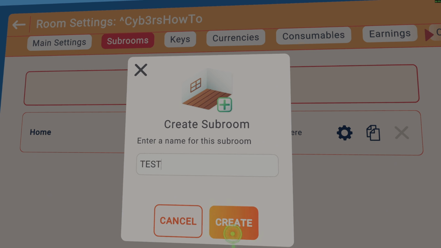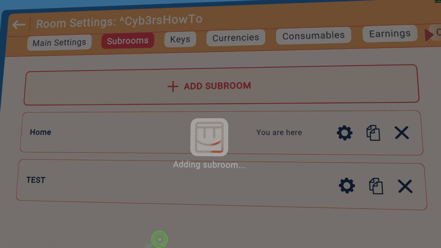For you, you would want to name it whatever you want to name it. Okay, we should be in our next subroom now. Here, let me straighten that out. Now, actually, a little thing that you can do